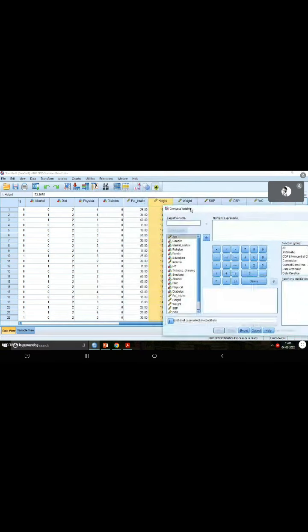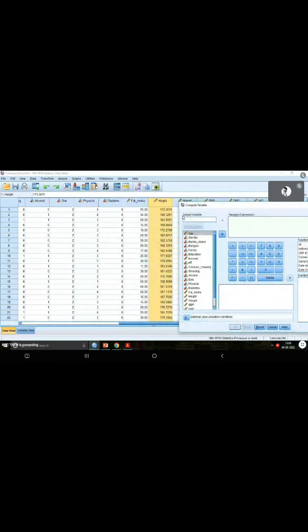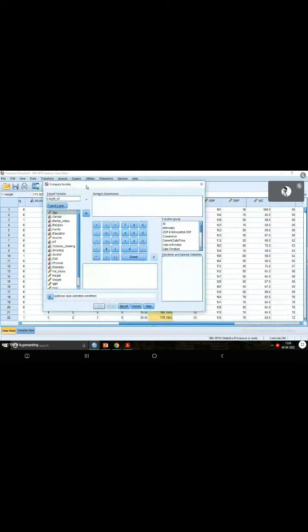Here you have to give a new name because you are creating a new variable. So you have to specify a variable name here. Let me say height in meter. You can give any name that you want. And here you have to type the formula to compute the height in meter.